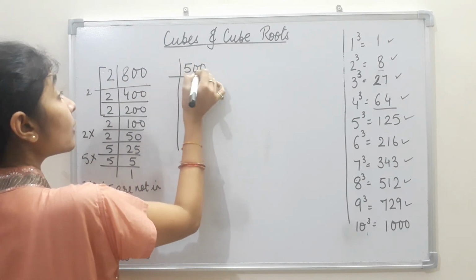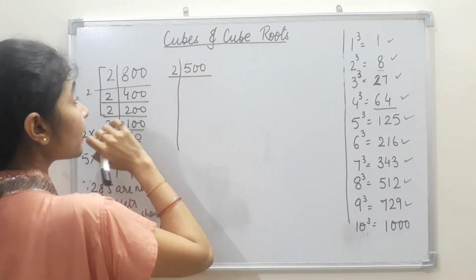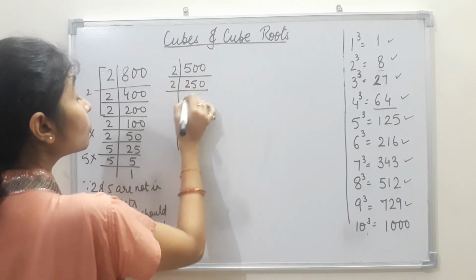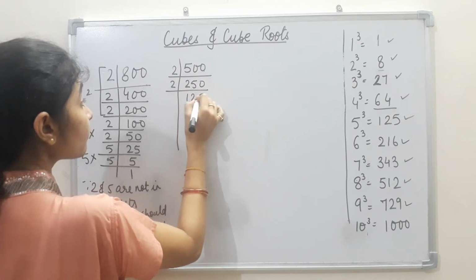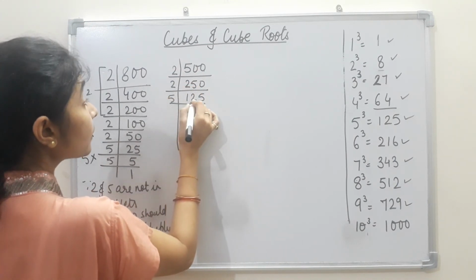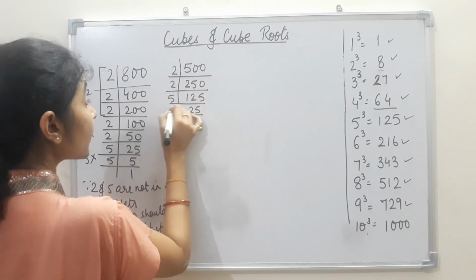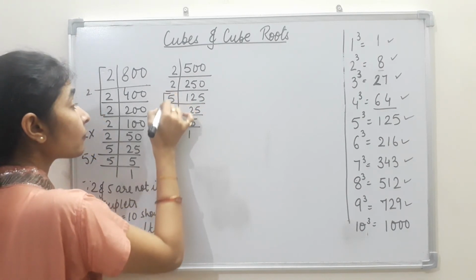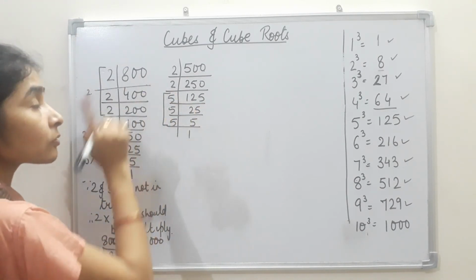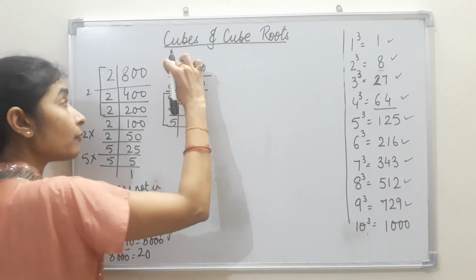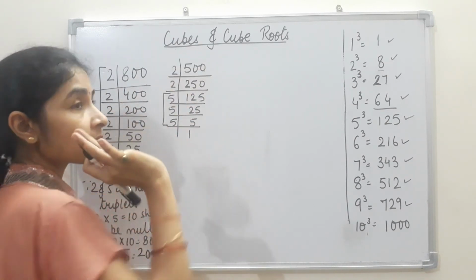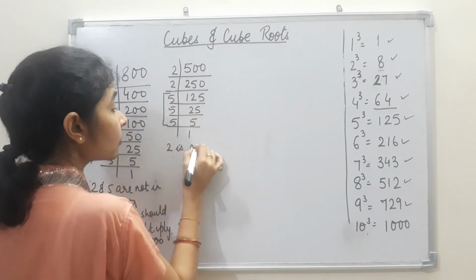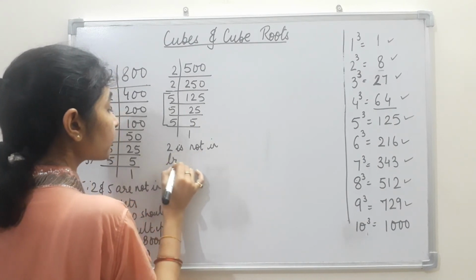So let us start. Since 2 zeros are there, it can be divided by 2. So 2, 2s are 5s are 0s are. Again by 2, 2, 1s are, 2s are, 5s are. Now 5, 5, 2s are, 5s are, 5, 5s are, and 5, 1s are. Okay. Now we can see that 5 is in triplet, but 2 is not in triplet. Now these two, if we remove these two 2's, then the number becomes a perfect cube. So 2 into 2, 2 is not in triplets.